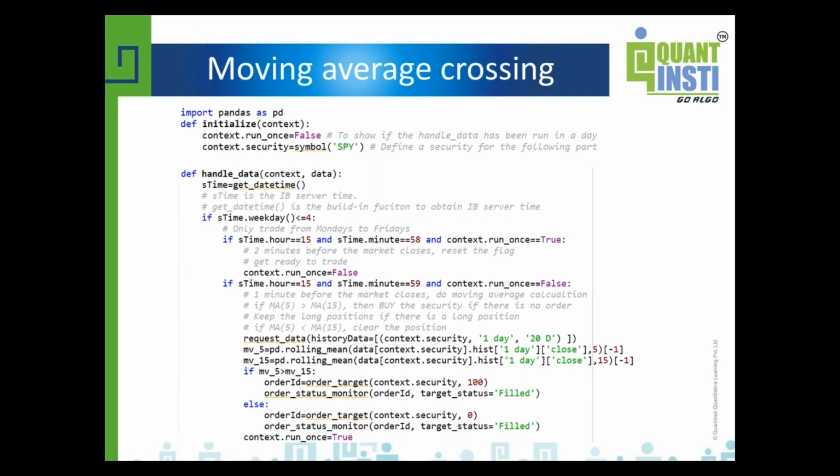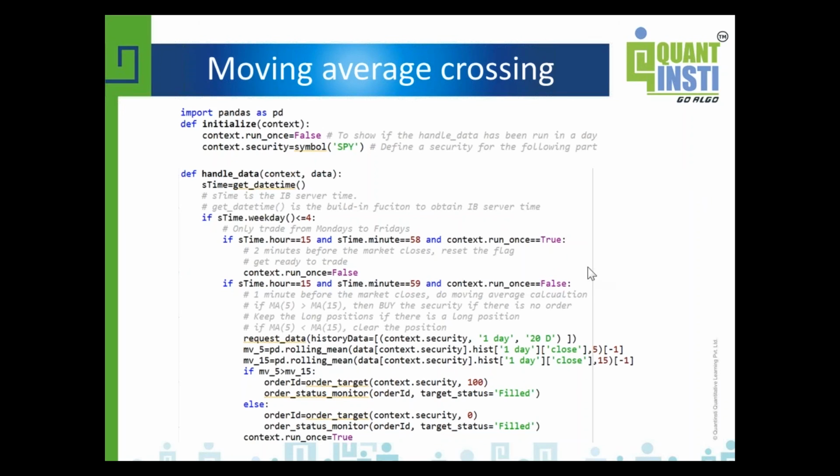And at Eastern time, 3:58 in the afternoon, which is two minutes before the market closes, I reset the flag to get ready to trade. Then I want to trade at one minute before market close and do a moving average calculation.